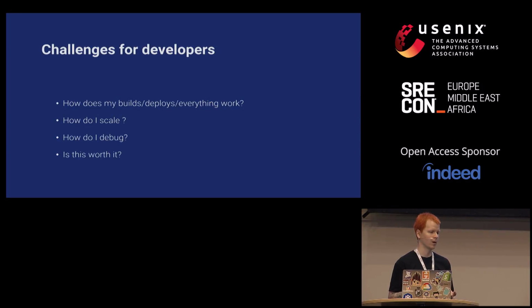On a more negative level, the challenges we had. So how does my build deploy everything work? Creating abstractions means that, yeah, it's abstracted, so it's not something you can Google up. So we still have a lot of work to do to make sure that people understand enough so that they can make good decisions. Scaling: if you're familiar with Heroku, you know there are sliders, autoscalers, all that stuff. Again, our system is different. How do they do that? How do I debug? Some people that come from traditional enterprises are familiar with SSHing into production. We don't offer SSH, it's working differently.